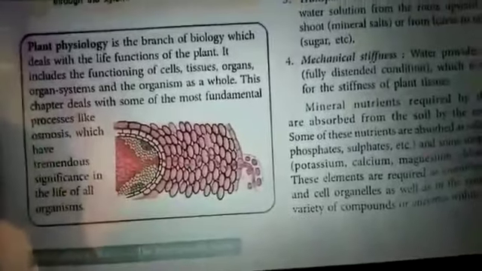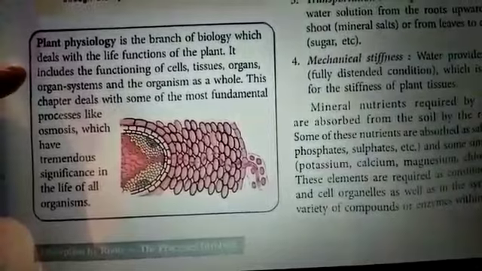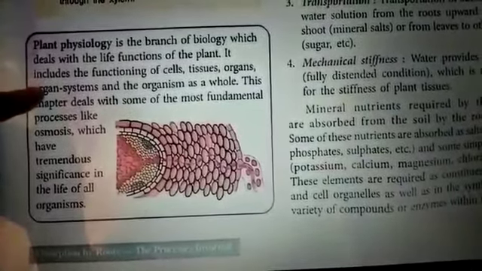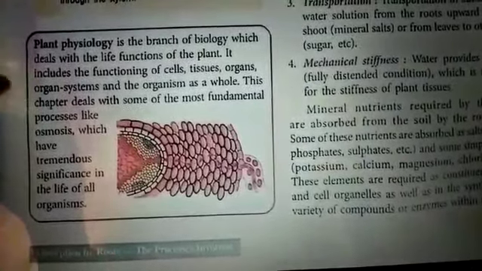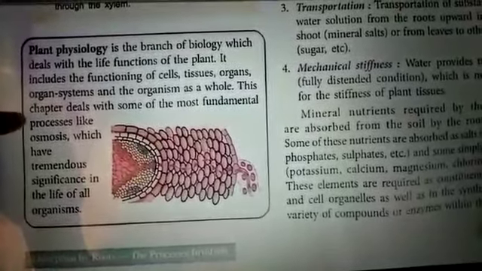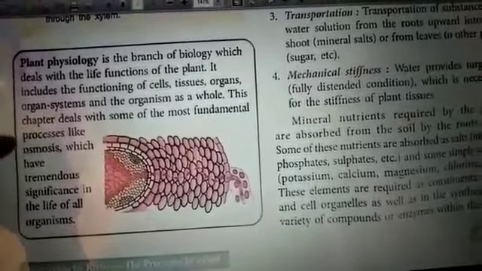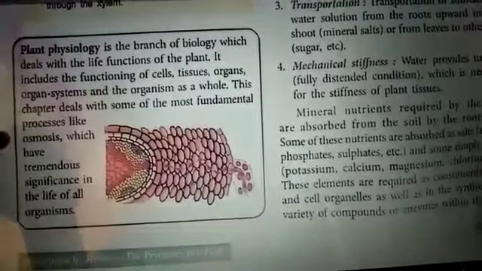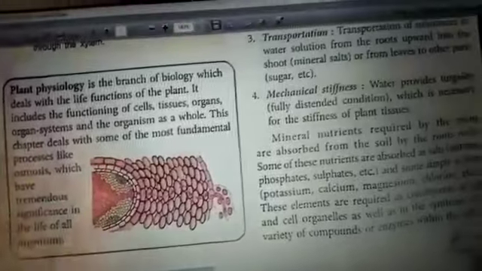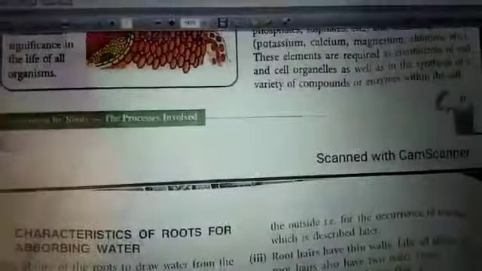Plant physiology is a branch in which plant life functions, that is physical characteristics, are studied, that is the functioning of cell, tissue, organ system, etc. This chapter will deal with most of the fundamental processes like osmosis. You might have studied it in lower standard. We'll see in detail in this and other functions, starting with the first one, that is